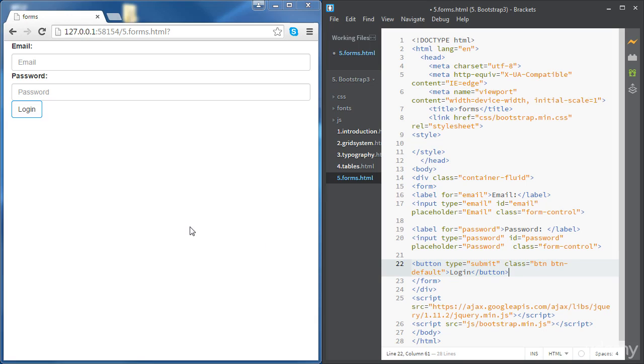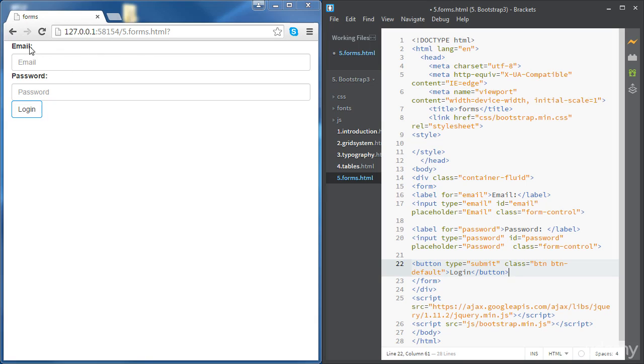Now we're going to do something else just to optimize the spacing. You can see there we don't have any margin between the input and the button. Same thing there after the email input. There is a class we can use as well. It's called form-group, and usually this class is added to an element that will wrap an input with its label. So we're going to wrap the email input and the email label inside